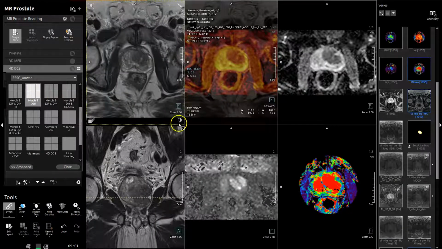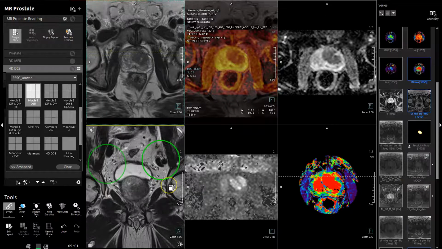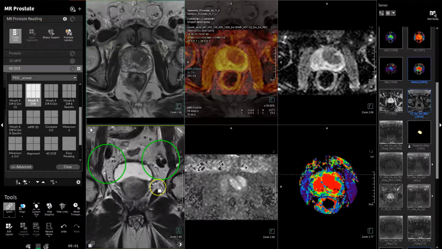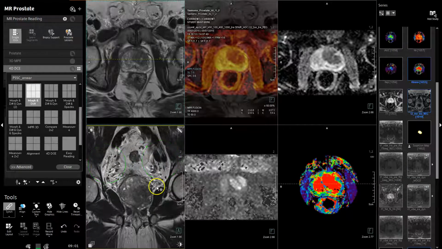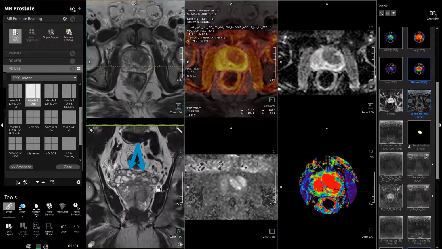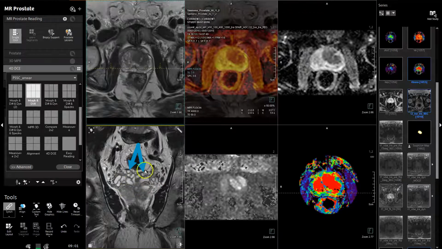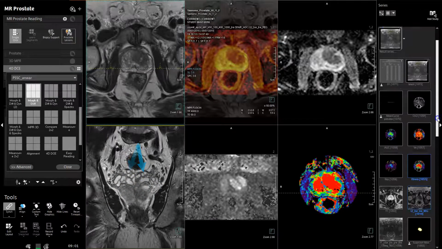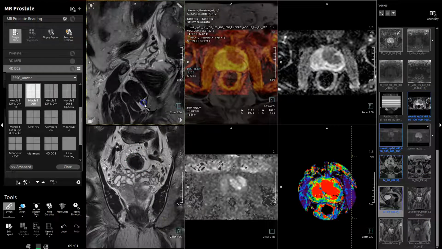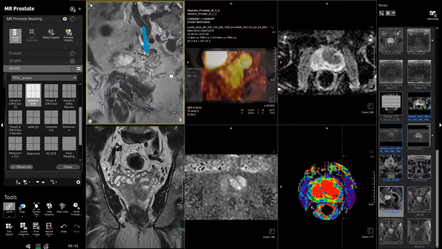Once you have done this, you can do the final review, confirm whether there is or there is not extraprostatic disease, look for pelvic sidewall lymph nodes, evaluate for seminal vesicle invasion in the coronal plane, load in the sagittal plane to confirm the absence of seminal vesicle invasion,